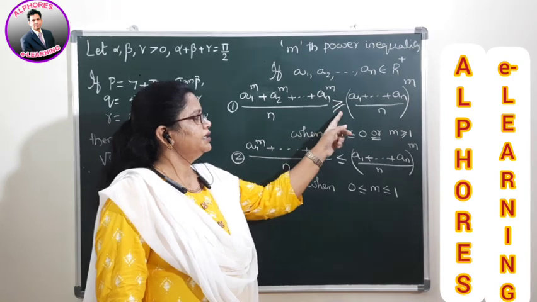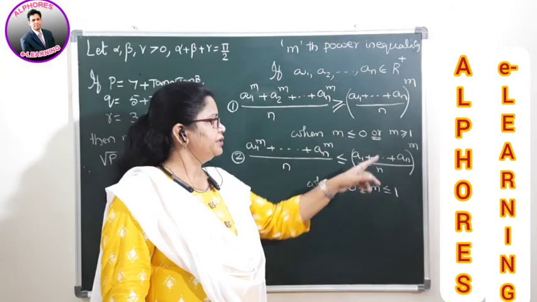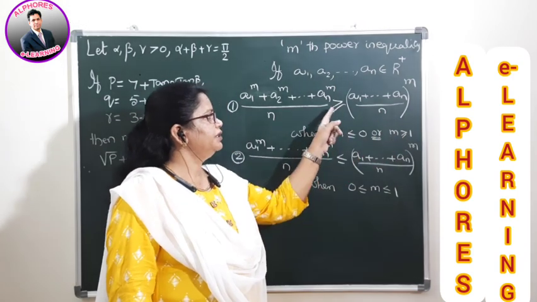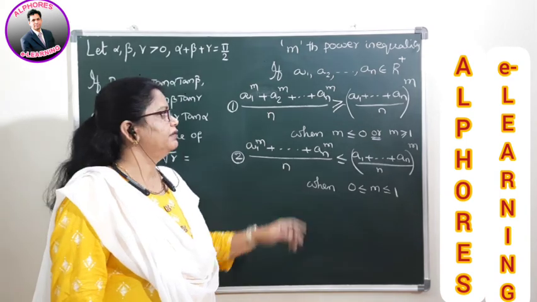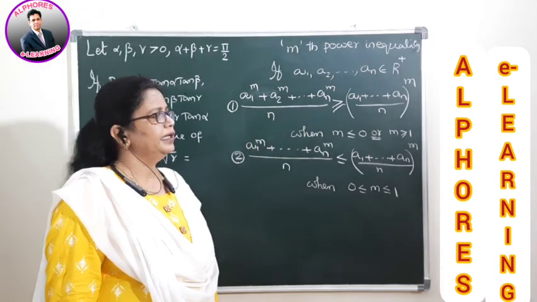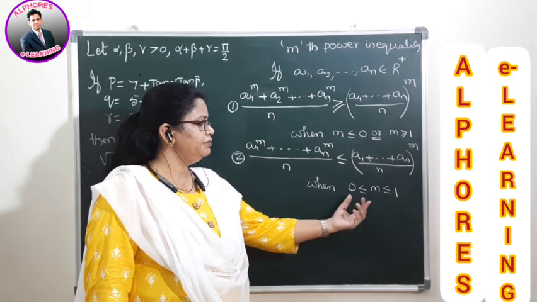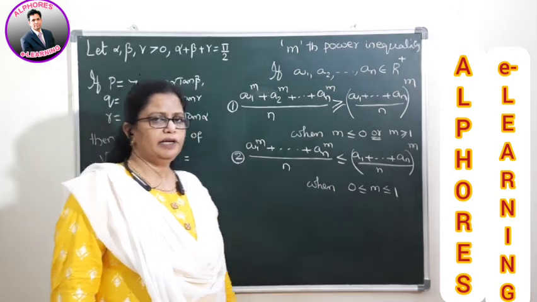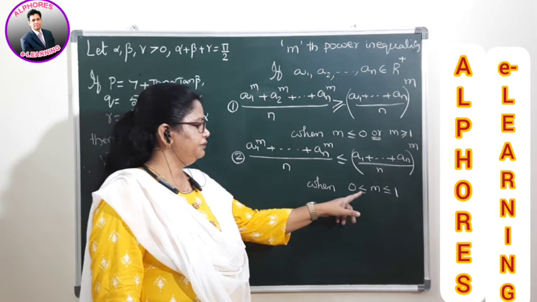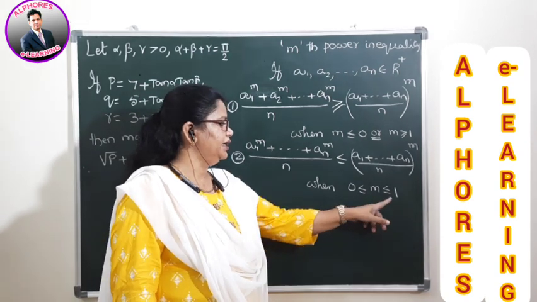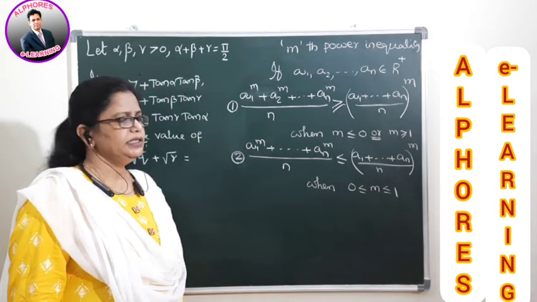An by n, same as again equal to. So exactly at equal values you will get the equality symbols, otherwise it is strictly greater than. Okay, now again for less than or equal to, it means when m is in between 0 and 1. Again here also, if equality is taken, here also you will get the equality symbol.